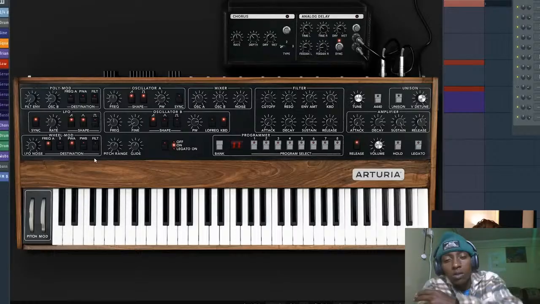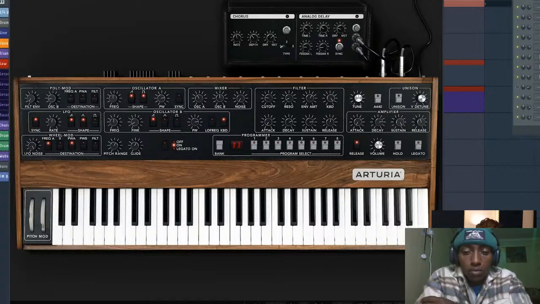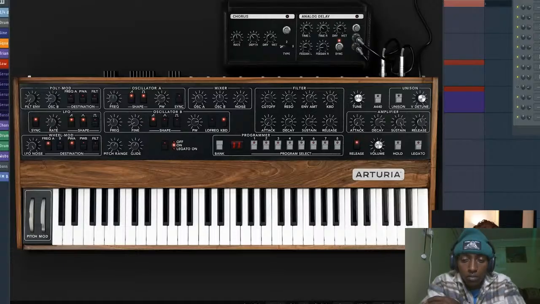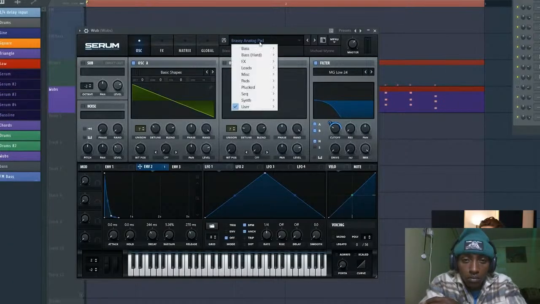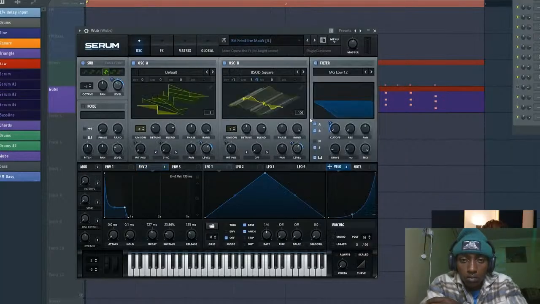Or what I like to do as well is open up a preset that's complicated on one synthesizer, and then open up the same synth, so another patch, and then I just try to slowly match every single setting, and then I listen to it as I go and see what's changing. So this is something that I do in Serum. For instance, there's loads and loads of sounds in here. So if I just select any sound here,